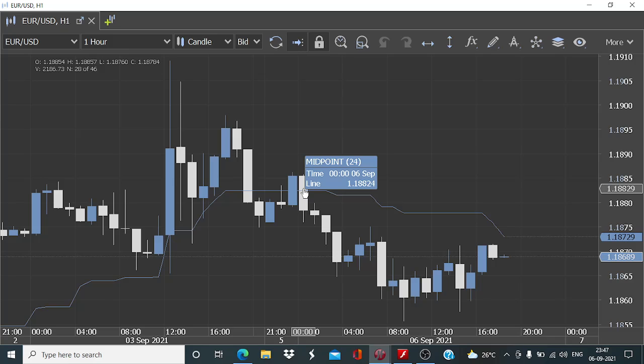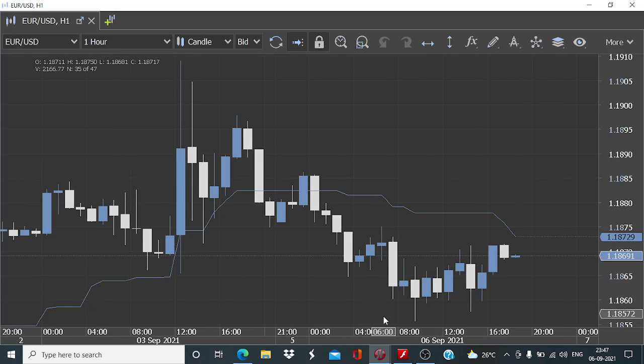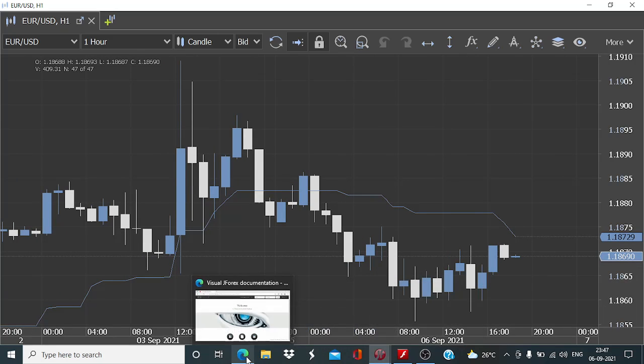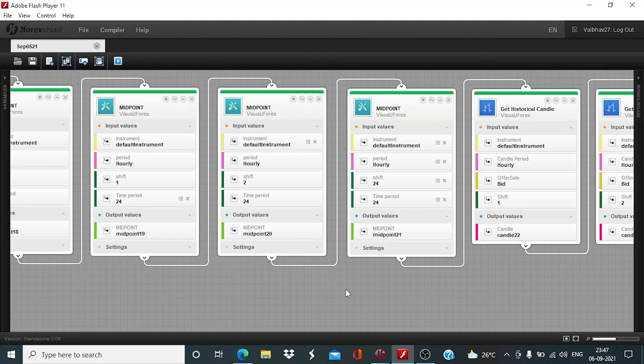If we have the last hour's closing value below this midpoint, whereas in the penultimate hour we had the closing value above the midpoint, then that means that the momentum on the bearish side is just picking up, and this is quite the right time to get involved for any new trade. So we will be utilizing these get historical candle blocks of the hourly time frame,